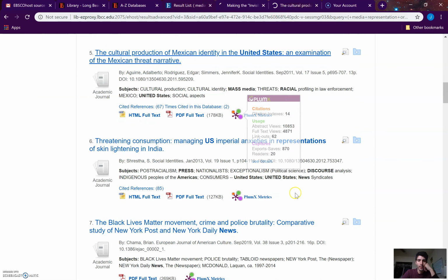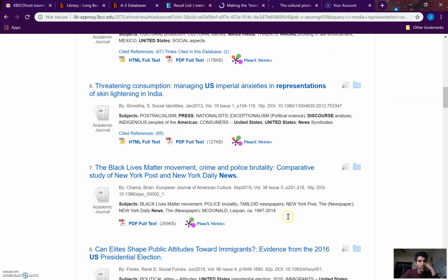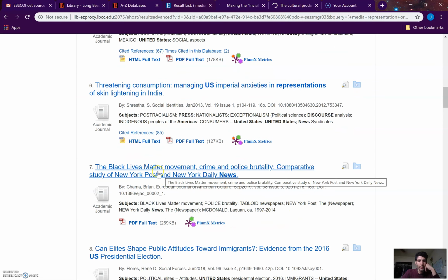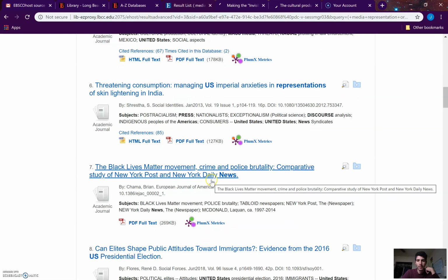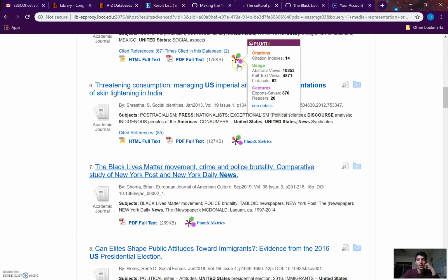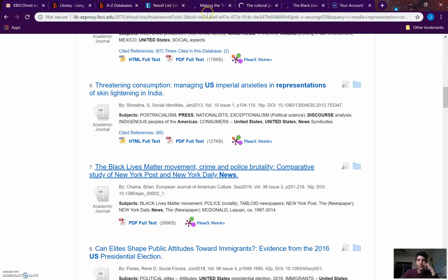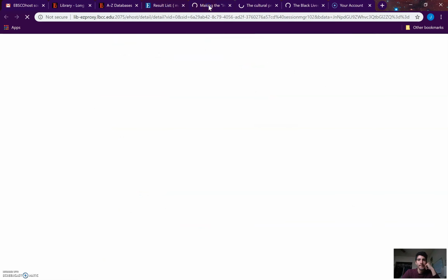Let's see if I can find another one. Oh, here's another one. The Black Lives Matter movement, crime and police brutality, comparative study of New York Post and Daily News. This is interesting. I think this is another article that would definitely relate specifically to the essay we're working on. So I have these three sources, and I'm going to stop here. And now the second thing I'm going to do, as these sources load,